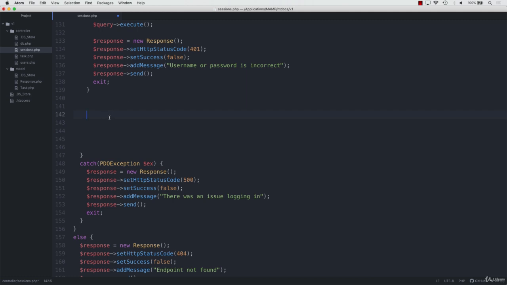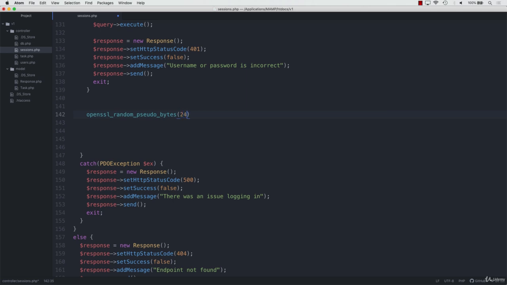The next thing we need to do is now create the access token and the refresh token. To do that, we're going to generate some random characters to then return to the client, because the access token doesn't mean anything. It is just random characters. So the first thing we need to do, we're going to use a function called openSSL random pseudo bytes, make sure I spell this right because I always spell it wrong, yeah, that looks right, and we're going to generate